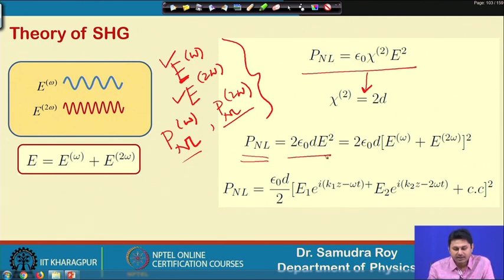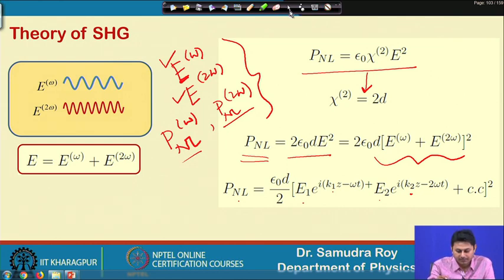Now, this E square term contains 2 frequency components, omega and 2 omega, so omega 1 plus omega 2 and the square of that. So, P nonlinear now has E1 e to the power of i(kz minus omega t), E2 e to the power of i(kz minus omega t), plus the complex conjugate of that, squared, and half of that, because if I go back to our previous slide,